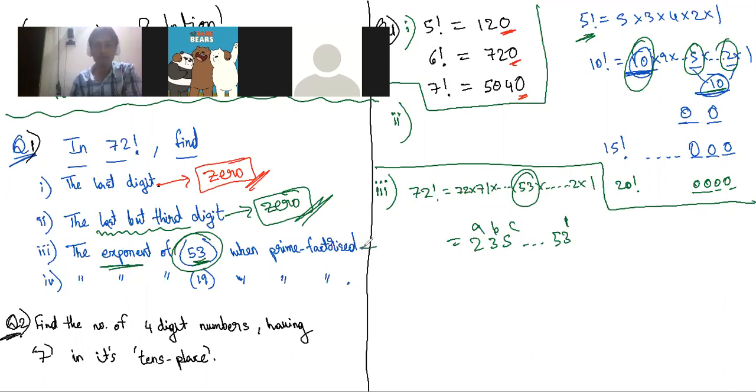I understood the question wrong, sir. I thought that we are getting some product in 72 factorial, sir. We have to write 53 to the power something is equal to 72 factorial. No, it will not be possible. Why will 53 power something be 72 factorial? It won't happen. 53 power something will be odd. 72 factorial is something which is very even and ending with zeros. So that's why I was not getting.